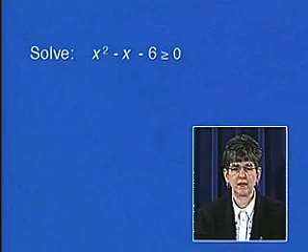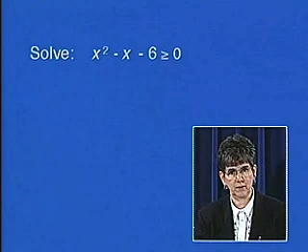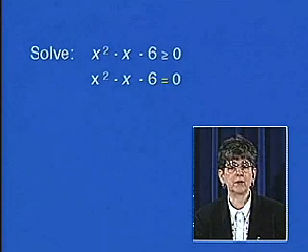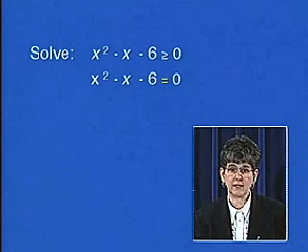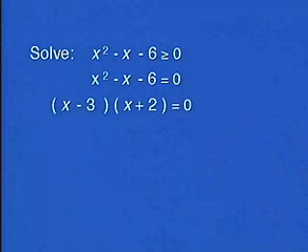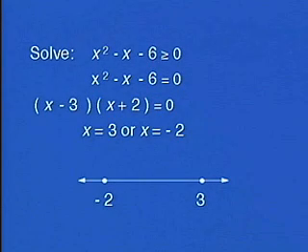Here's an example. We have the inequality x squared minus x minus 6 is greater than or equal to 0. The first thing we want to do is to find the values that make this inequality 0. So let's look at the equation x squared minus x minus 6 equals 0. Factoring gives us the factors x minus 3 times x plus 2 equals 0, or the solutions that x is equal to 3 or x is equal to minus 2. Putting those on the number line,